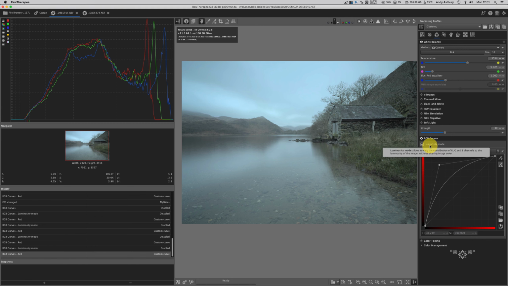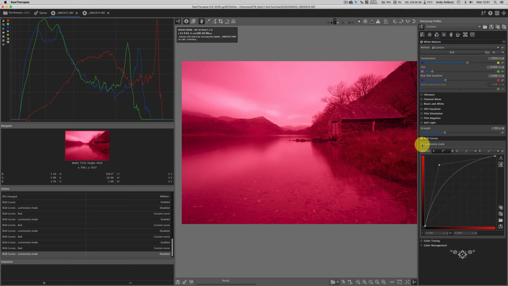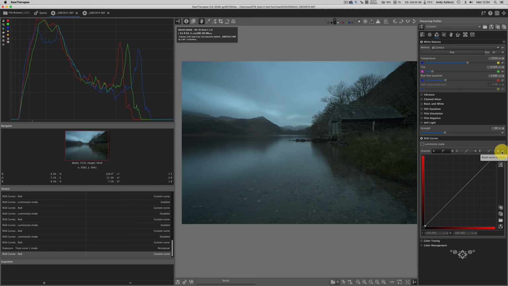So in luminosity mode, we alter the brightness, but keep the colour the same. And in colour mode, in other words with luminosity mode unchecked, we change the colour, but keep the brightness. Now, we must bear in mind that these curves do not behave in quite the same way